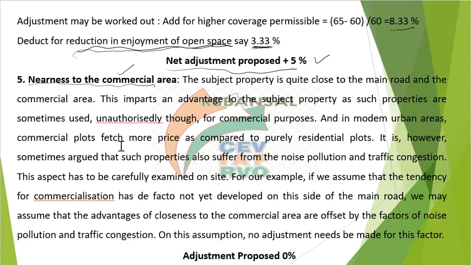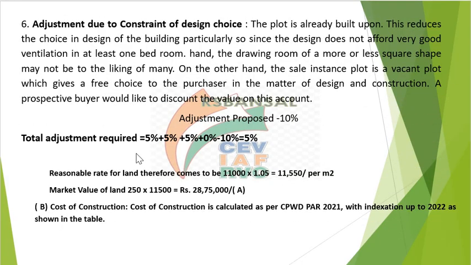In a modern area, commercial plots fetch more price as compared to purely residential plots. However, because it is situated on a main road, it may be subjected to noise pollution and traffic congestion. So if there is some advantage, there are certain disadvantages also. For this reason, we will propose 0% adjustment for nearness to commercial area,